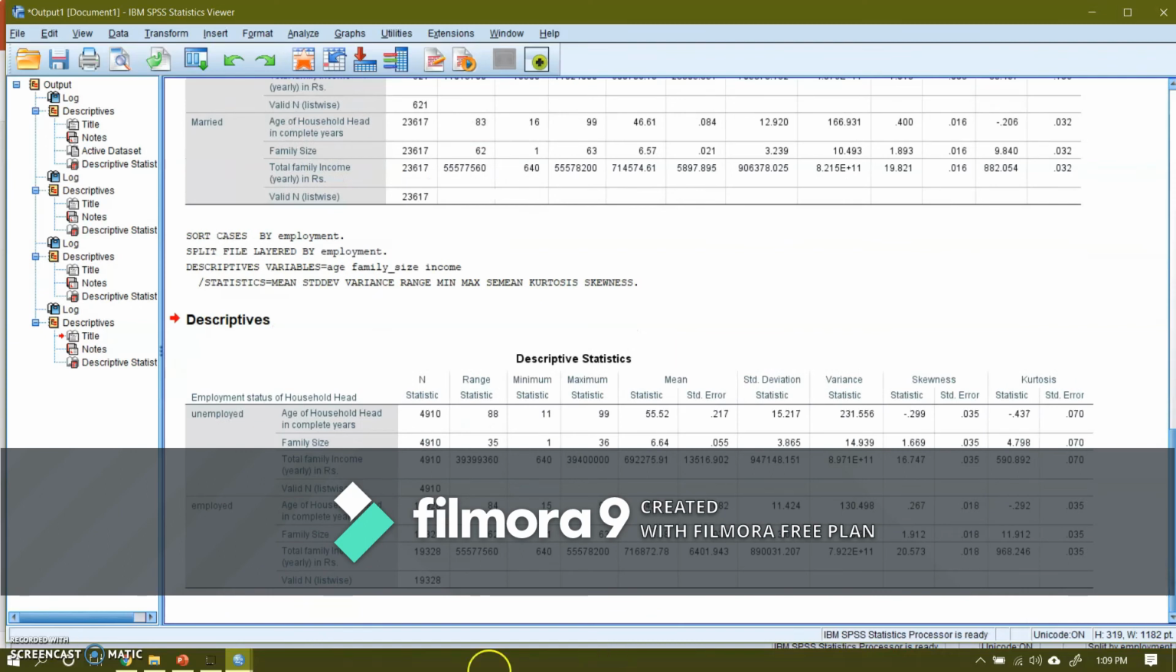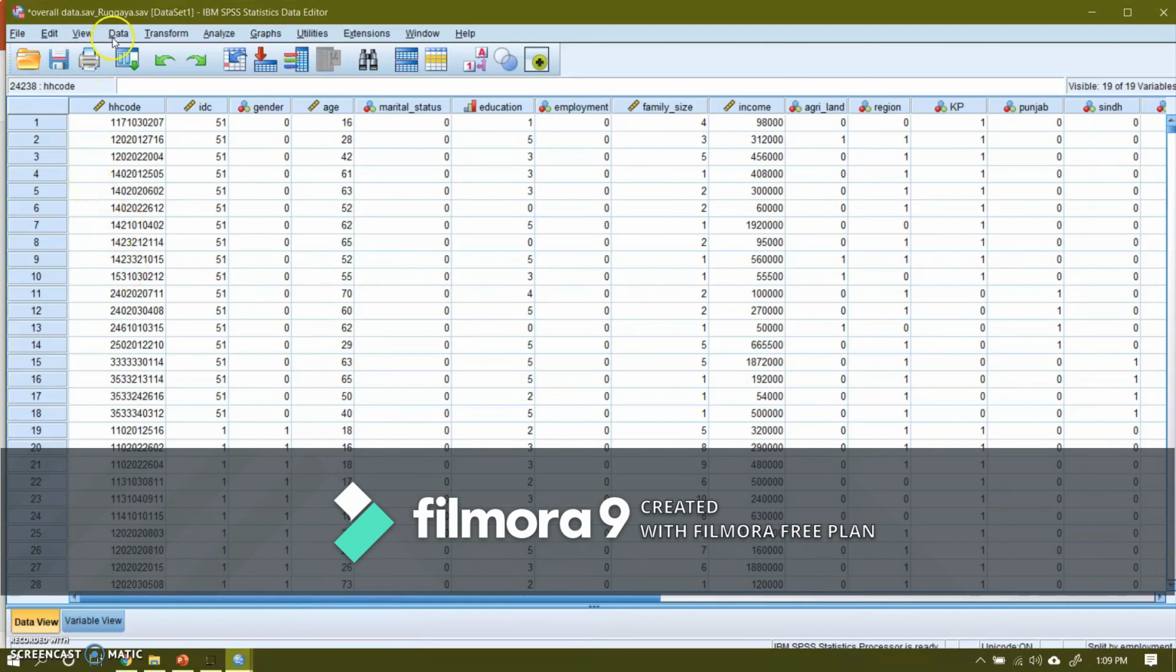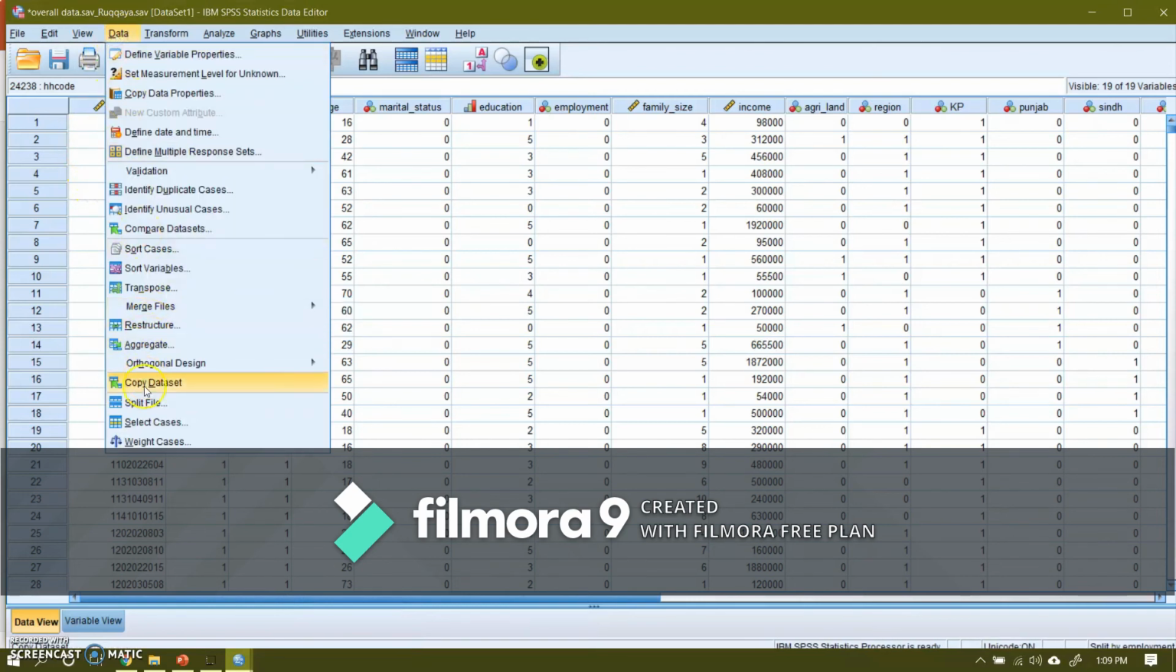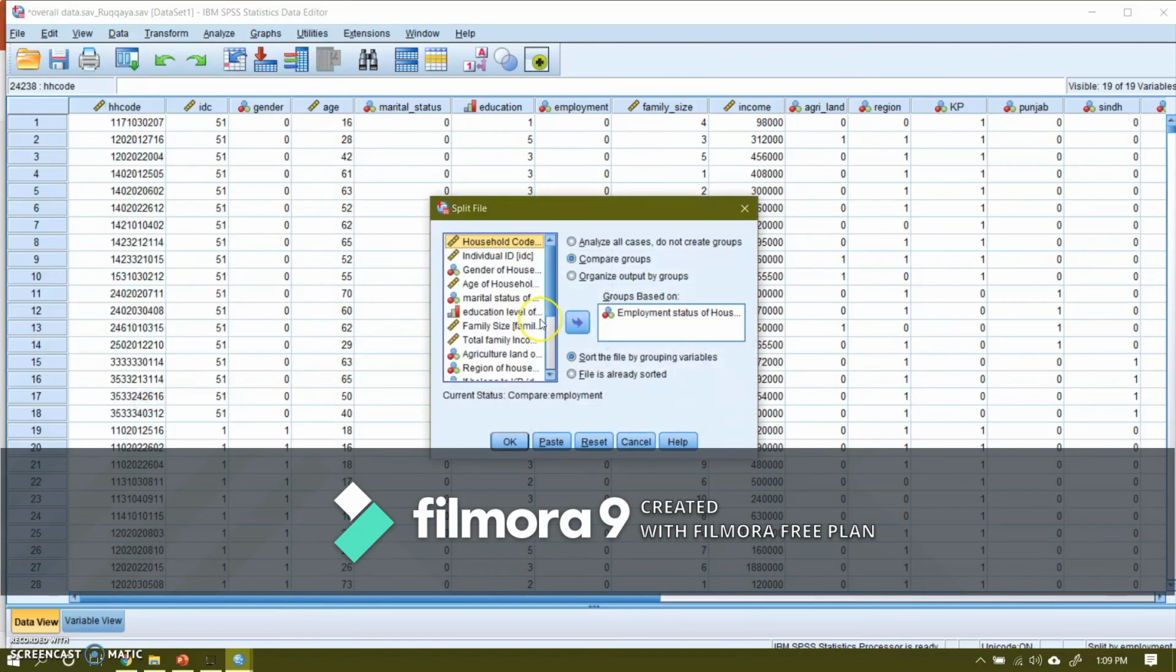Now before I do any further analysis, I'll go to this, and I would like to turn off the split option, because if I don't turn this off, then whatever analysis I do will be performed in groups. So let me highlight this and send it back, and instead of compare means I will check this one, analyze all cases, and when I press OK,